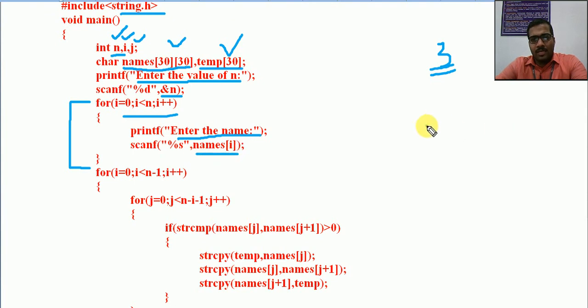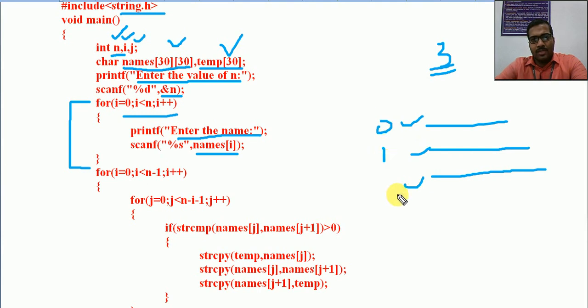So 3 names will be taken from the keyboard, of various sizes, maybe with slight differences between these different character arrays. So this is over. So 3 elements are now available: the 0th, first and second.